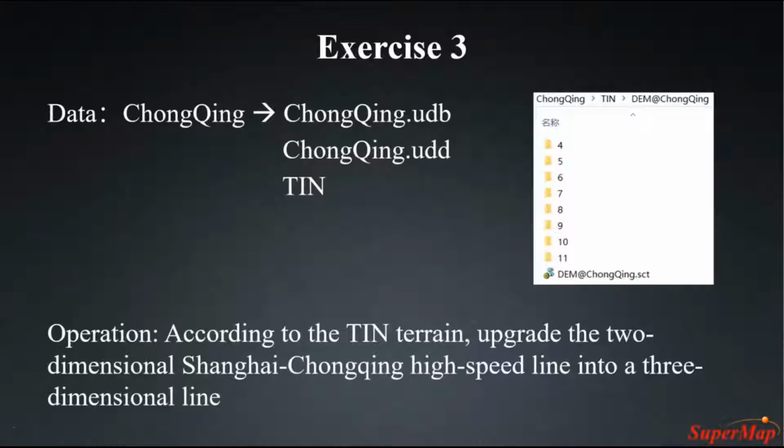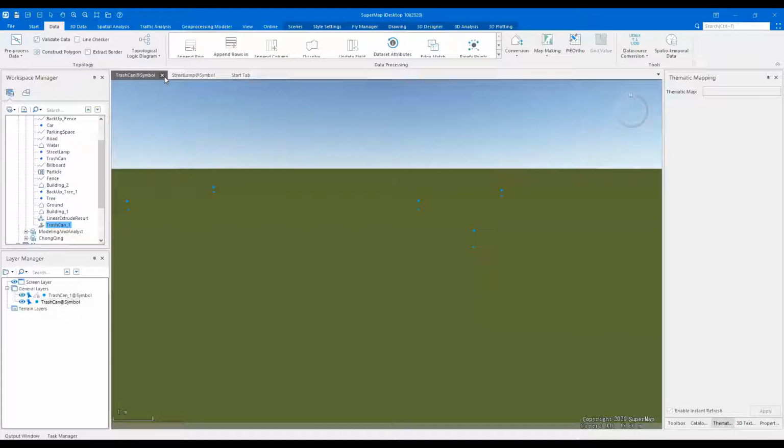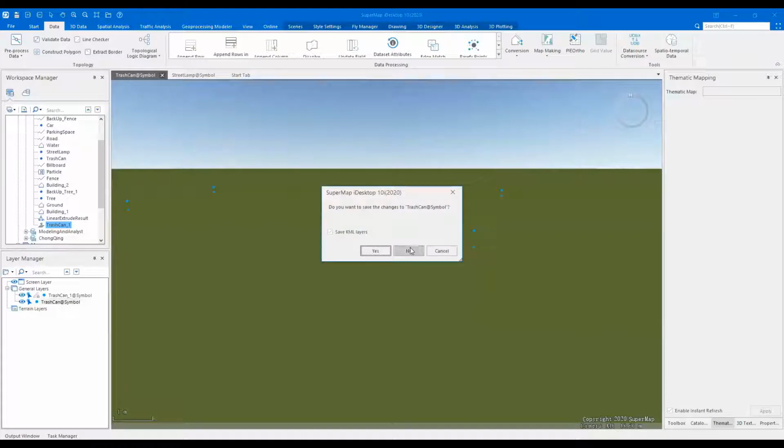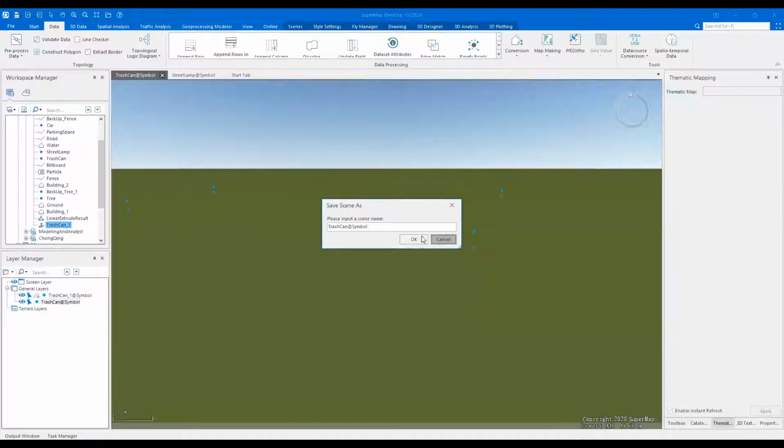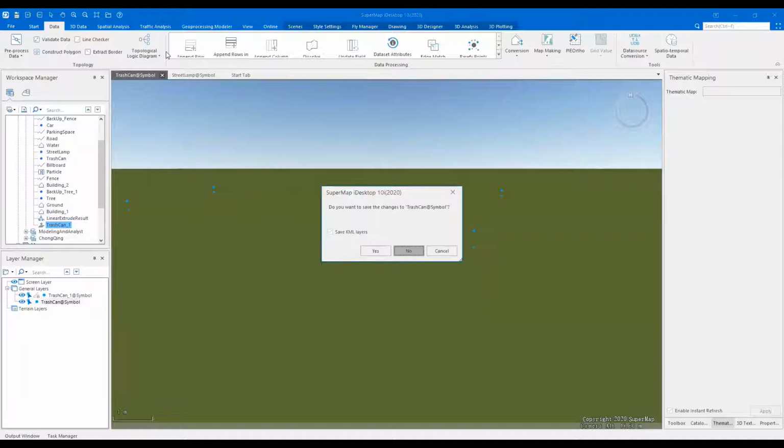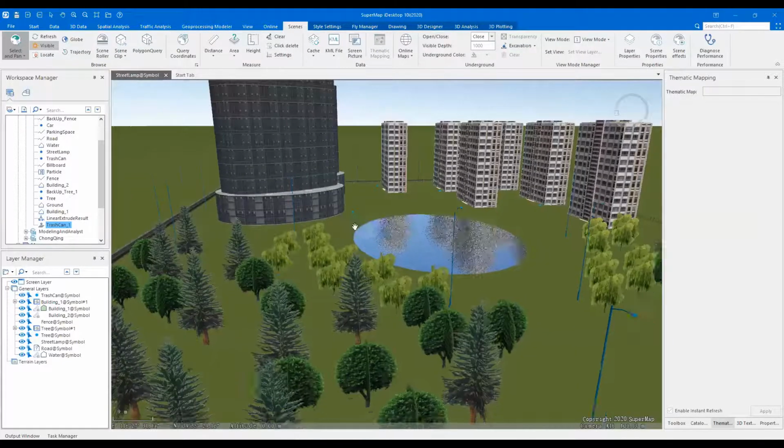Open the desktop. Okay, and then I'm going to close this window. Close this window. Okay, and then